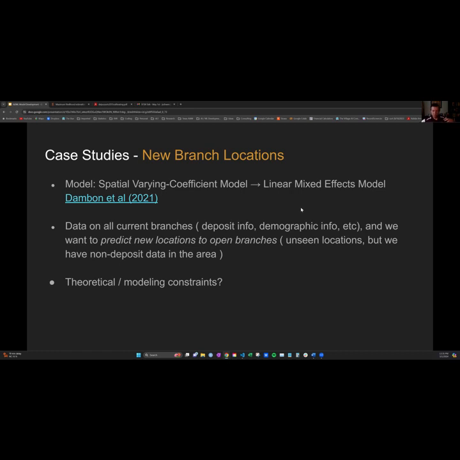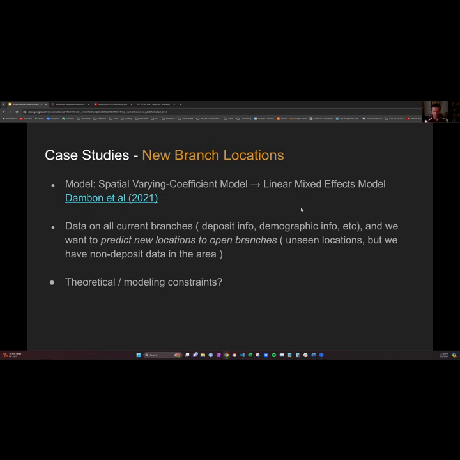So we tried to develop a framework that would account for the changing coefficients as you change the location on the map, right? And we have branches all across the US. So we considered all of the US as our region of interest. So that wasn't necessarily a problem. But the issue was that it mainly works if you had data on specific locations and you wanted to predict future data on those specific locations, but we want new locations. So we ended up switching gears to a linear mixed effects model. Again, just the classic version of it, nothing groundbreaking.